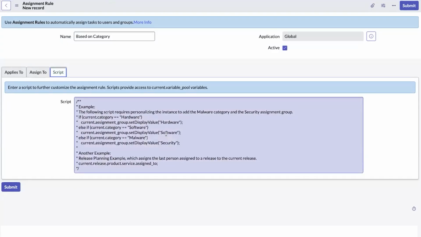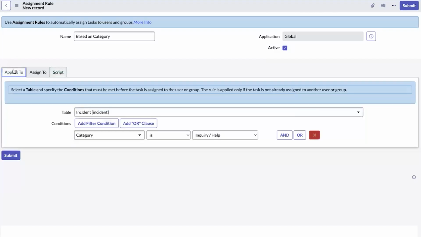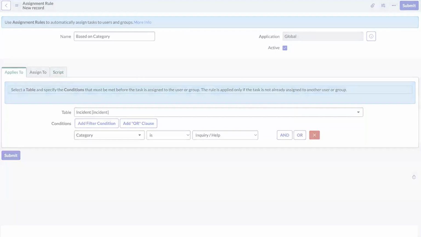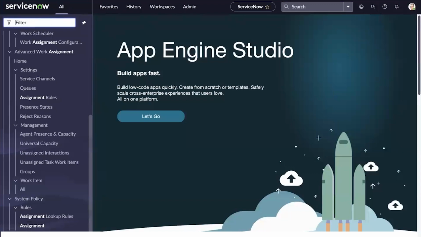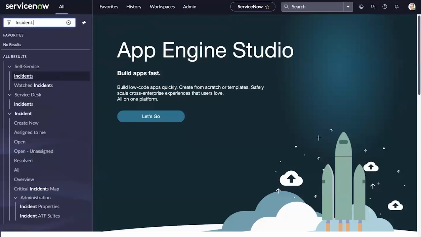It's not good to write the assignment rules 5 or 6 times based on the conditions. Better to use scripting when we have 5 to 6 categories that should be assigned to a particular group based on the categories. Let me save this record